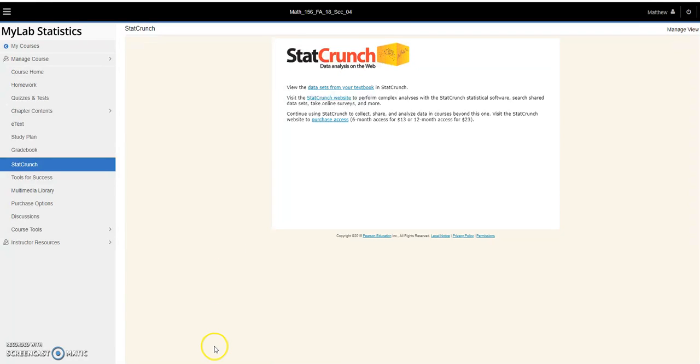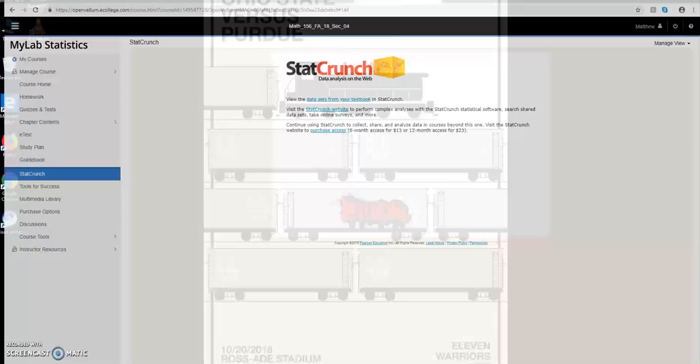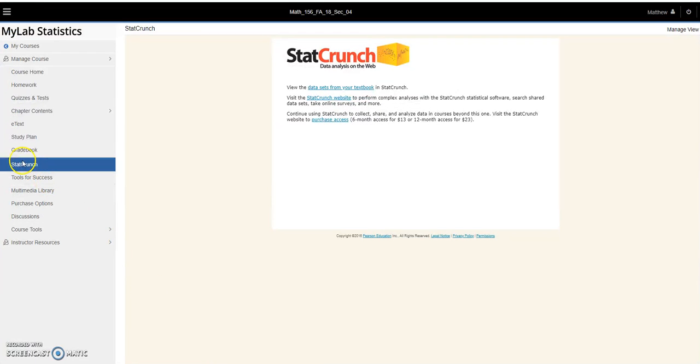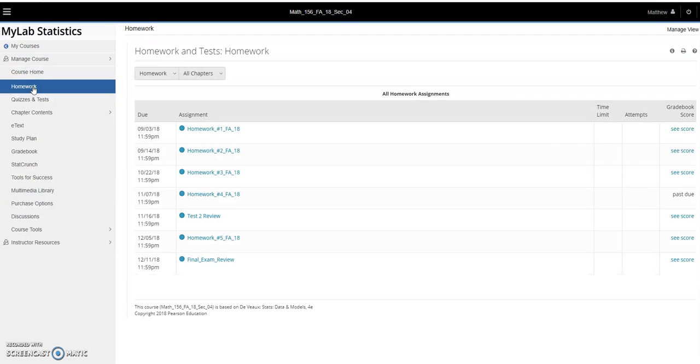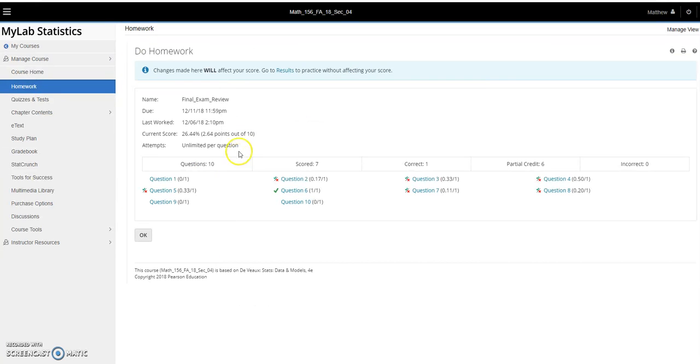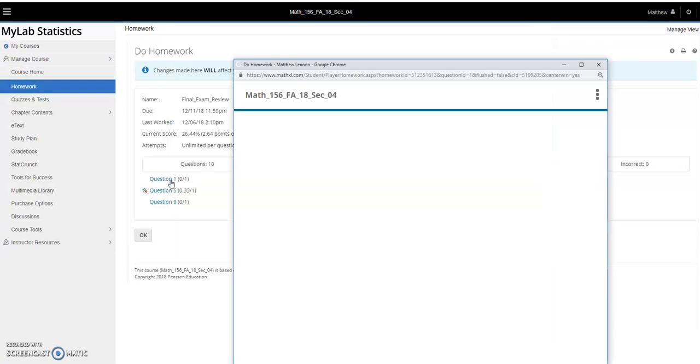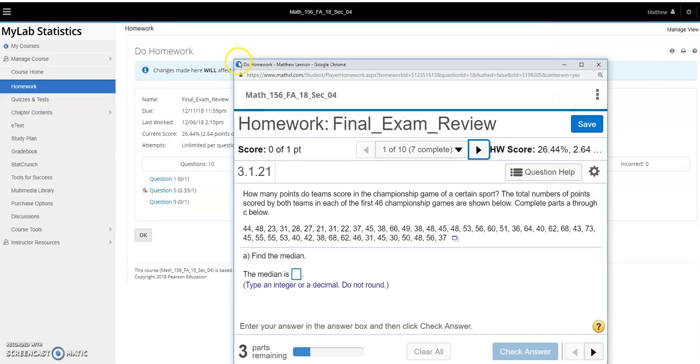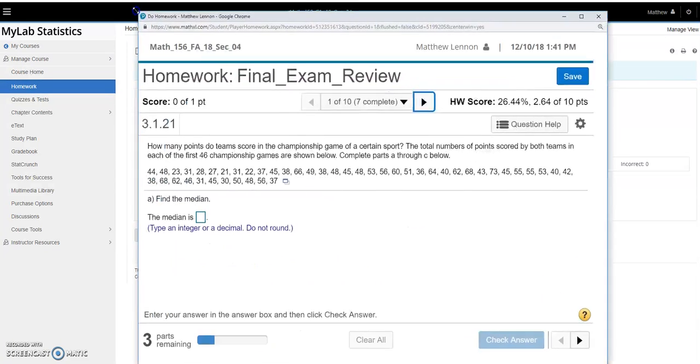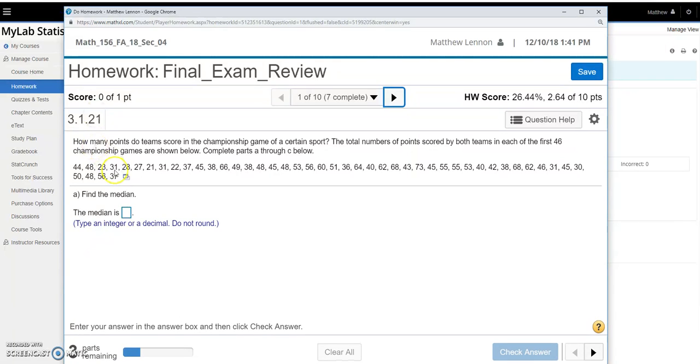Let's go back to homework and final exam review. So this first question is a 5-number summary type question, trying to find the mean, median, and mode. And the best way to do that is open the data in StatCrunch